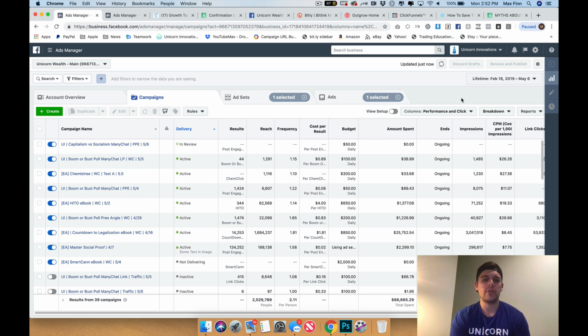Automation rules are so critical for every stage of advertising, especially if you at any point think you're going to be scaling. So if at any point you imagine spending several thousand plus dollars a day on Facebook, you 110% need rules running in your account. You need them at the campaign level, at the ad set level, at the ad level. You need them for a variety of objectives.